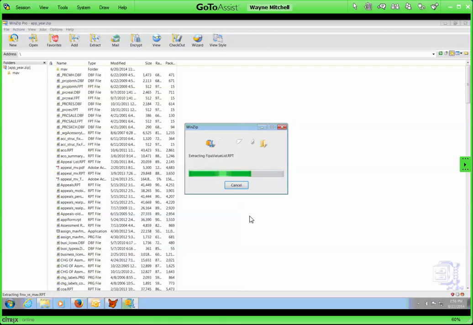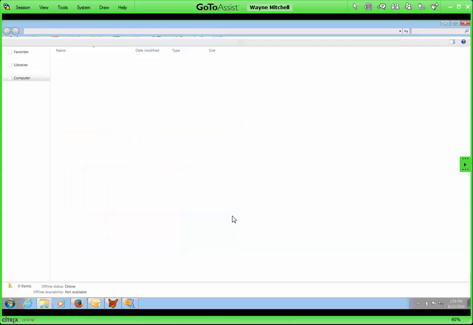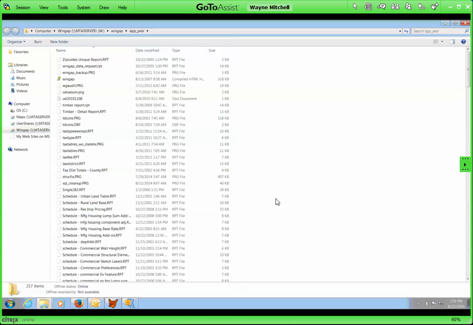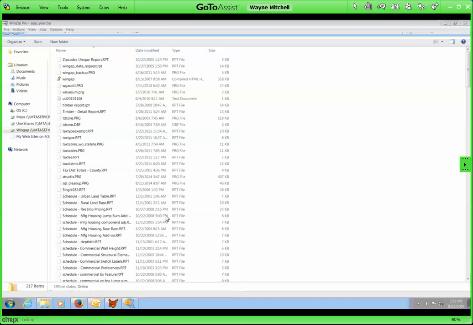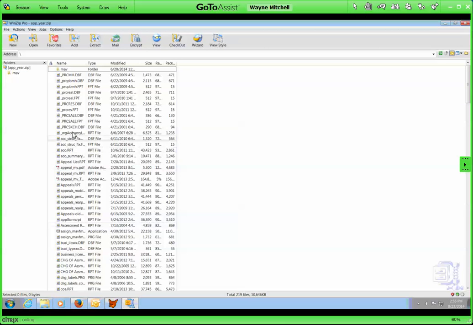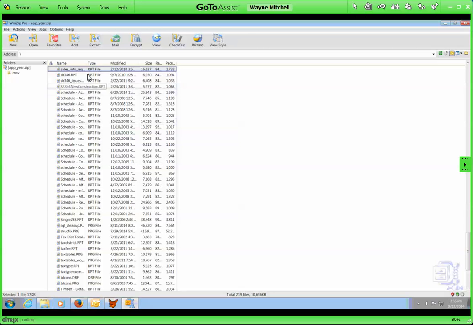After the app year file is extracted, I still need to get the structfix PRG out of this app year zip file and put it into my current year folder, which in this county is 2015. So let's go back to WinZip. I'm going to hit the letter S to go down to the S files and find